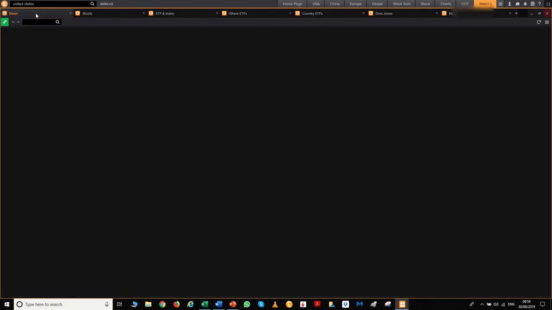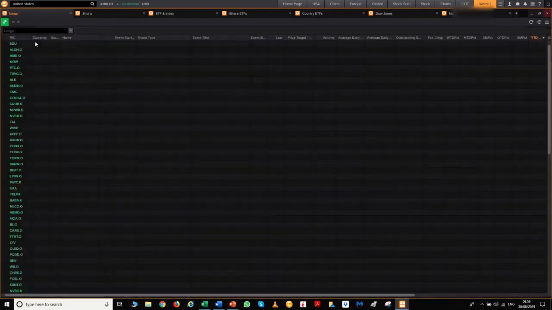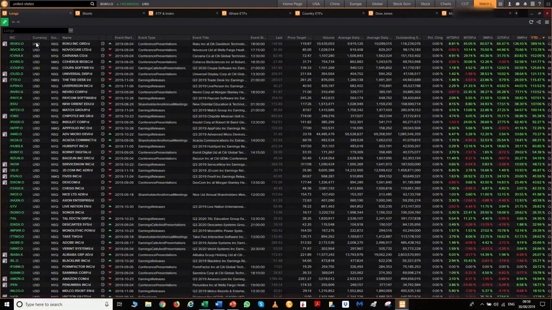So here's just an example of a different type of watch list. What you're looking at here is a gigantic watch list that I have, but it's a watch list within the app which you can create, and you can create any column you want to. First column I have is the RIC, the currency it's traded in, what exchange it's on, its full name, when's the next event, so press conference, or whether it's, say, an earnings event, what time in your geographic location,